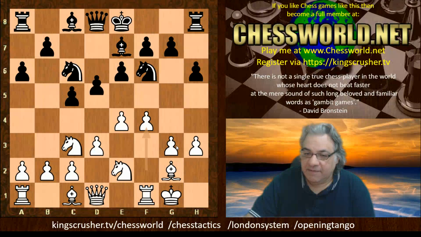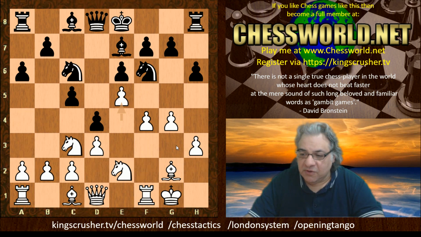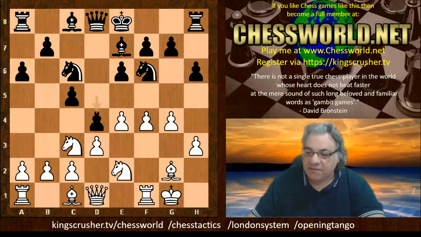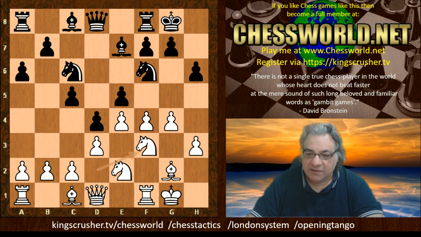So here we see d5, black logically countering in the centre. g4, we see d4, and now e5. This seems to be a very important move here. If knight b1, maybe black is doing absolutely fine after e5. Any attempt to play f5 is going to be bad, but for the moment let's have a look at knight